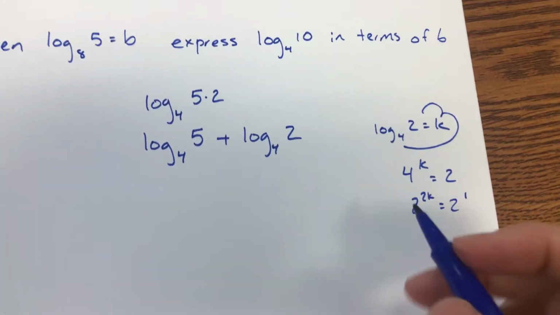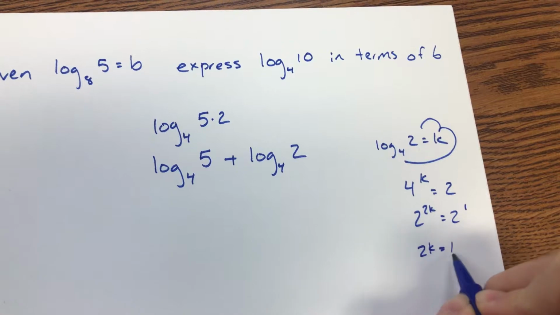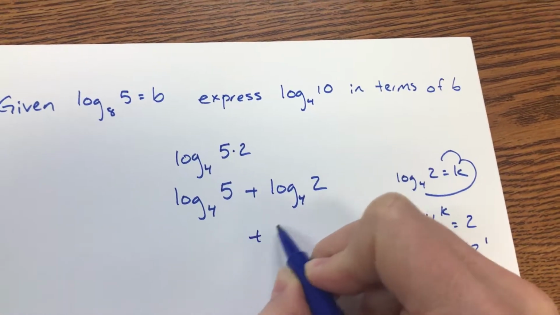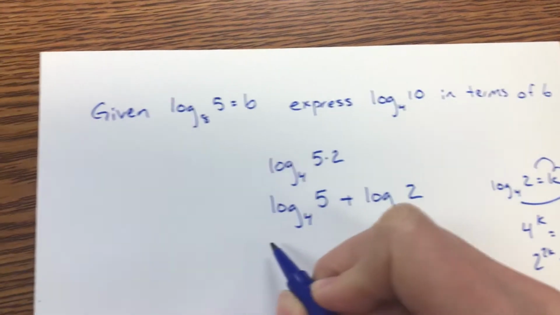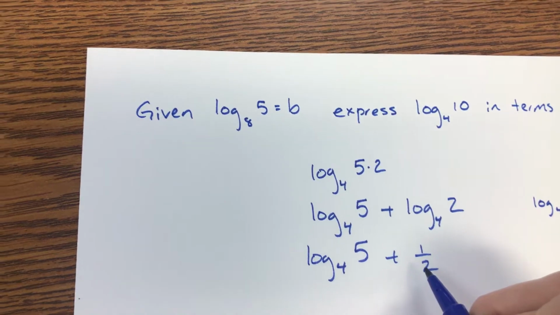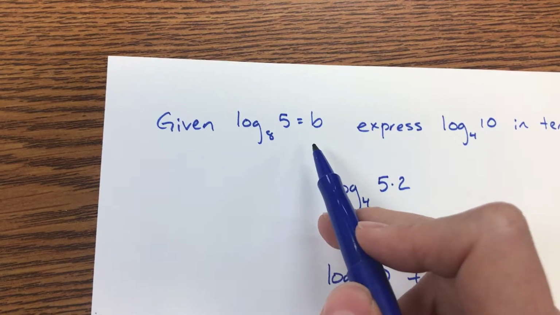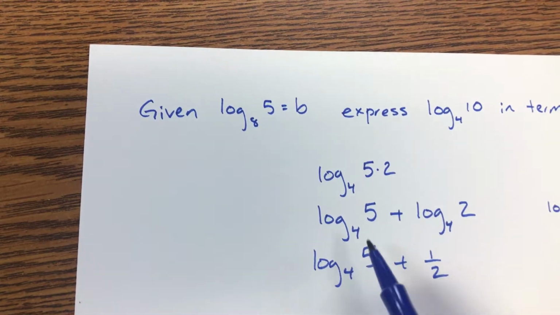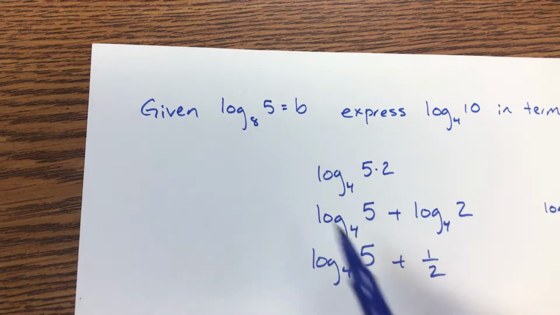Sorry, this is not going to be the best video. If 2k equals 1, then k equals 1/2. So this part right here becomes 1/2. Well, so now I'm looking at log base 4 of 5 plus 1/2. Well, they told me log base 8 of 5 is equal to b. So I can change this and give it a base of 8 if I use the change